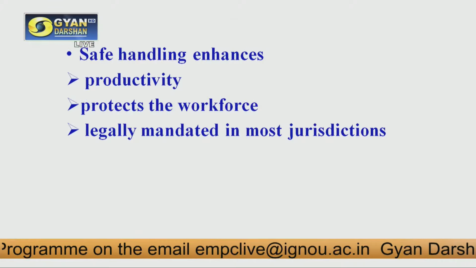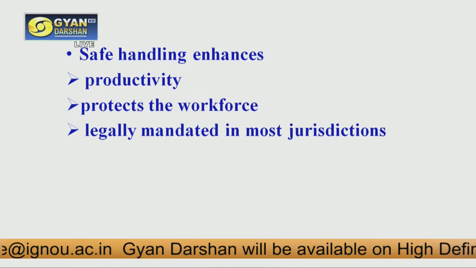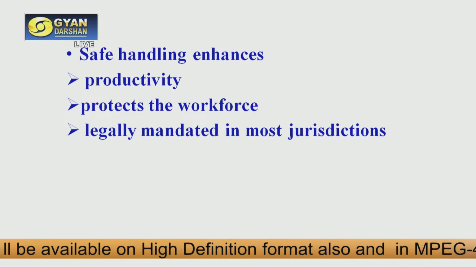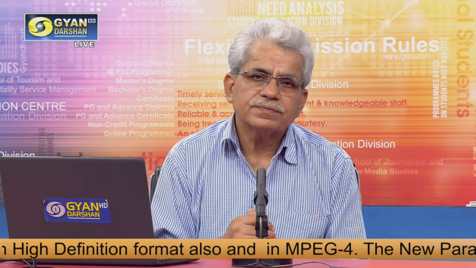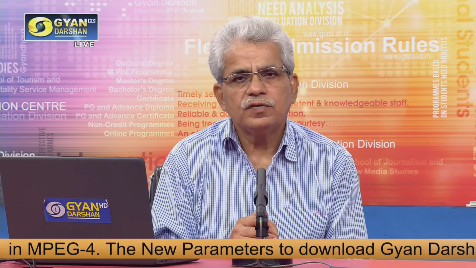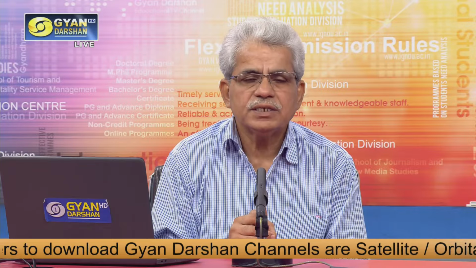Then the third one is, as I told earlier, if some major accident occurs, if some worker gets fatal injuries, if some casualty occurs, then certainly it will be a police case, and legal procedures and operations will be followed. In that case, time will be wasted, money will be wasted. So we can avoid all these problems by safely dealing with the construction machinery and the construction materials.